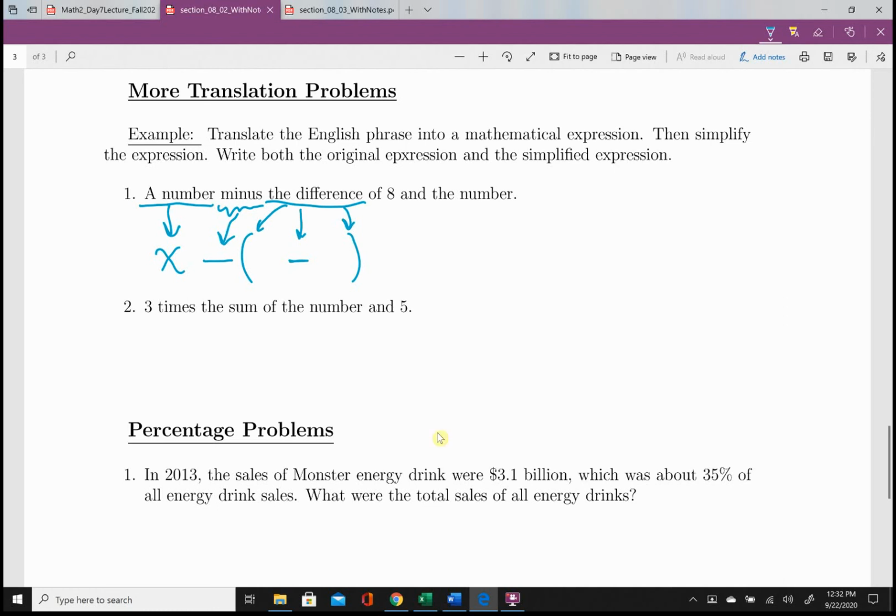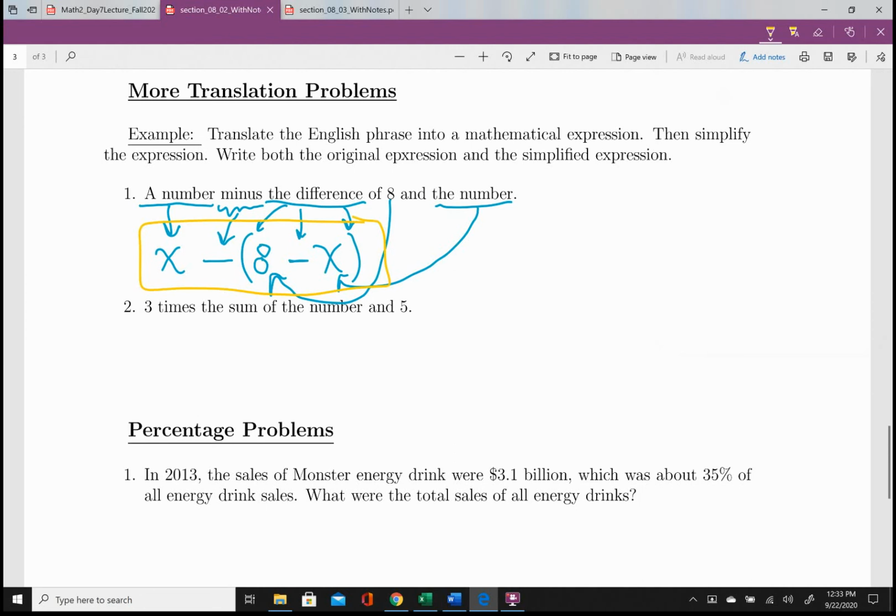And what is the difference that we're trying to reflect inside of these parentheses? It's the difference of 8 and the number. So use that same variable again that you picked originally, in my case, x. Does everybody see how that went down? Between 8, let me go ahead and point this out here, and the number, should be the same variable that you chose ahead of time. Okay, so this is going to be